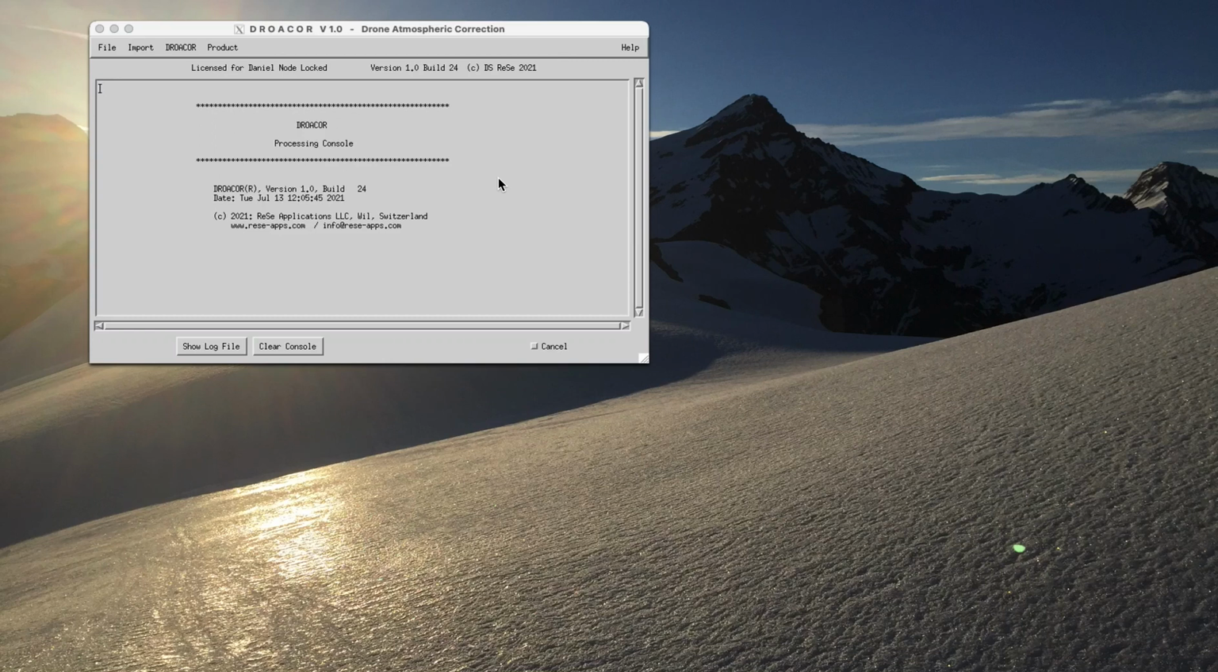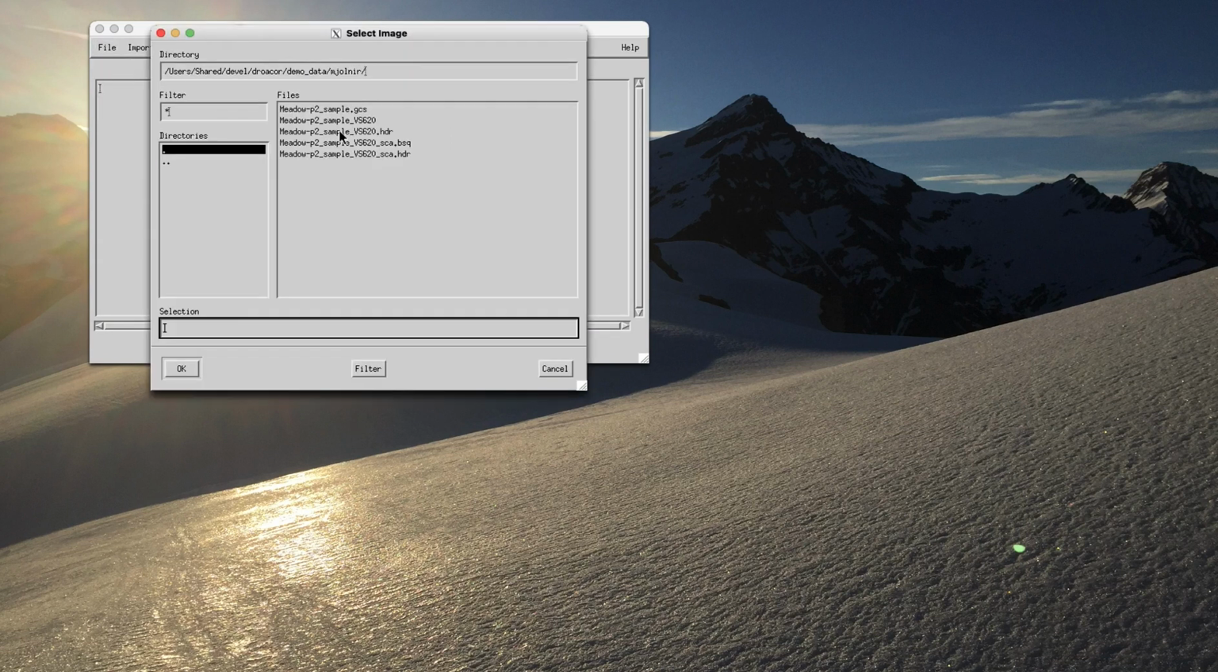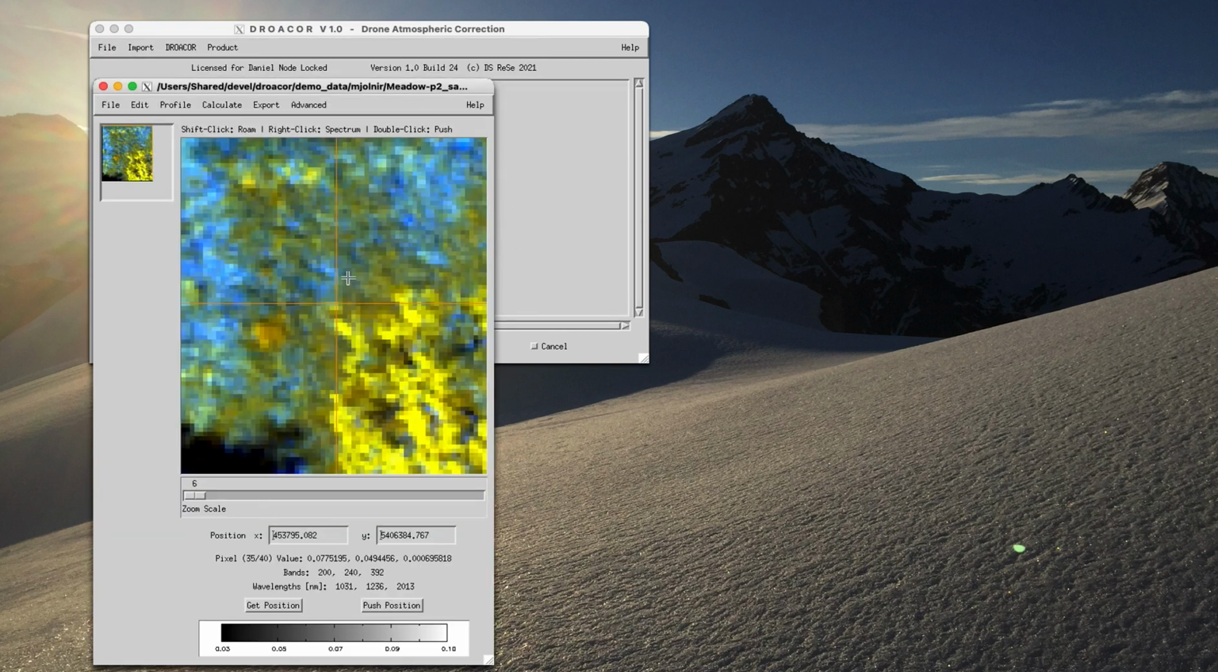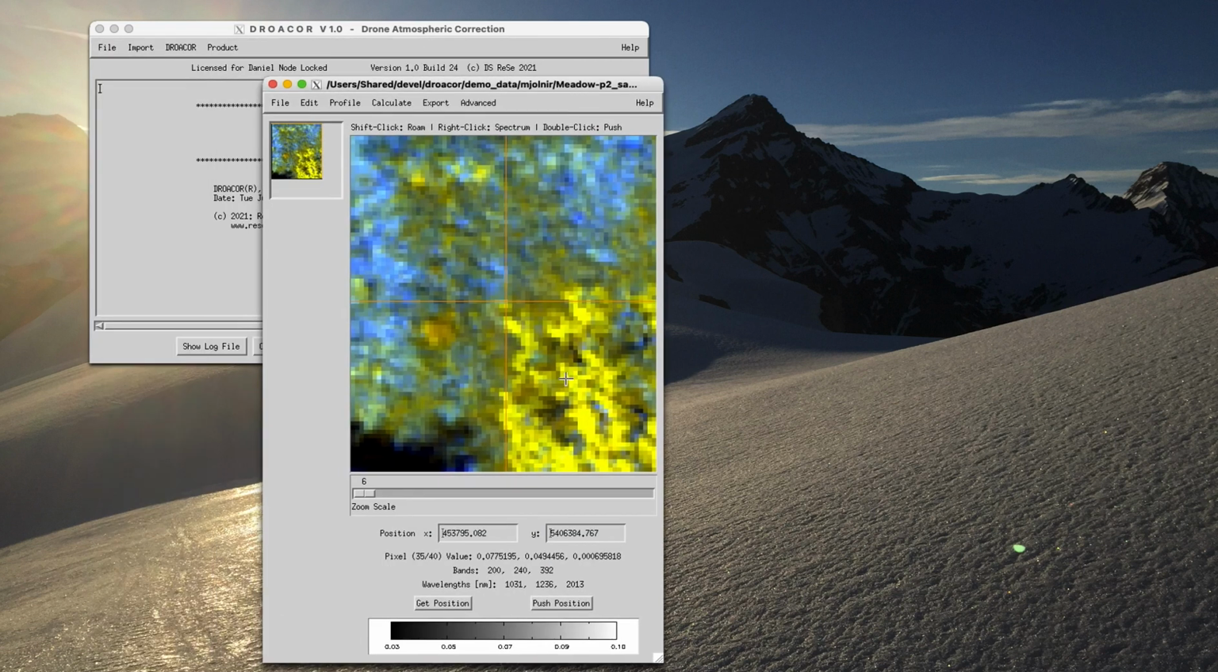It's Daniel Schlepfer from Risk Application, and I'm gonna show you how to process Mjolnir full spectrum data with the new DROACOR software. First of all, have a look at the small data set. That's the demo data set which is provided with the data. That's this small sample, which has 487 bands and